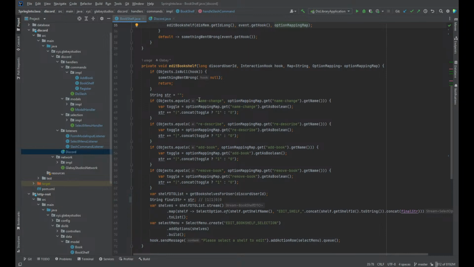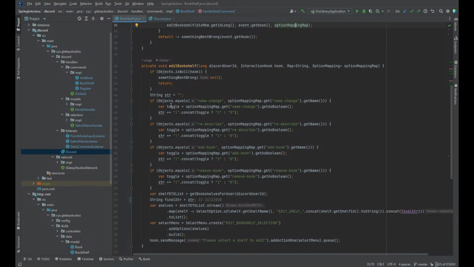So we're making sure that the name change option we're looking at is in fact name change, and honestly most of this equals is just redundancy to make sure that we're not going to throw an error. But essentially we're looking to check to see if the name change option